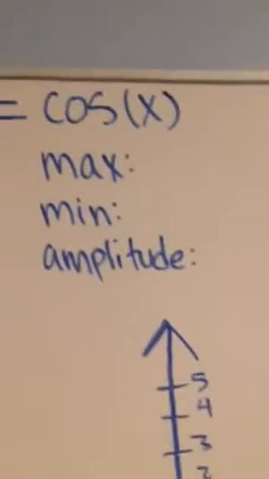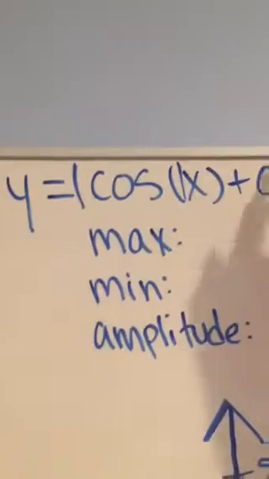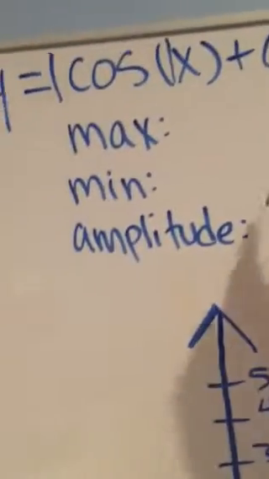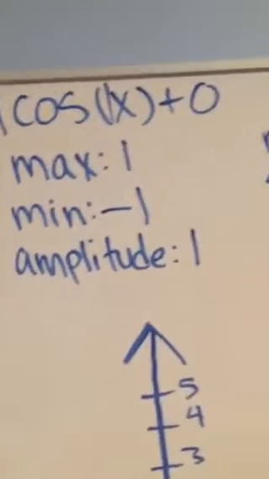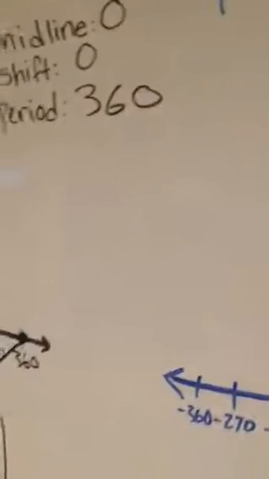Alright, now for graphing y equals cosine of x, this is also the same thing. It's 1 cosine of 1x plus 0. So the midline is also 0, and the amplitude is 1, the max is 1, and the minimum is -1. The shift is 0, and the period is 360, so it's just the same as the other one, except for